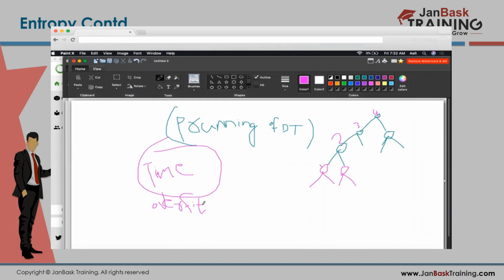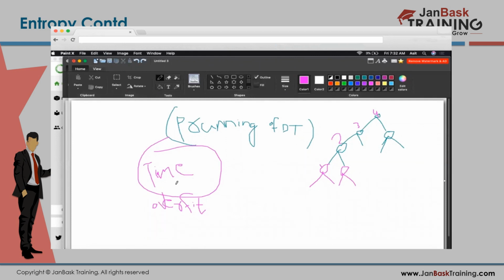Overfitting means your model will fit to X-train and Y-train so highly that whenever a new data set comes, it will not work efficiently with unseen data. So that's called the overfitting.